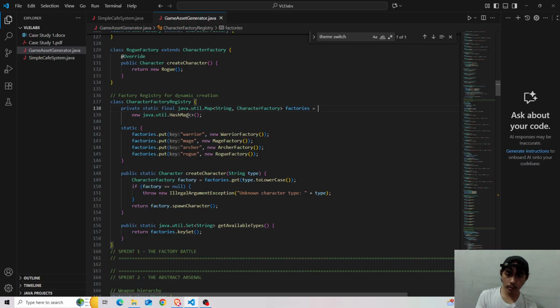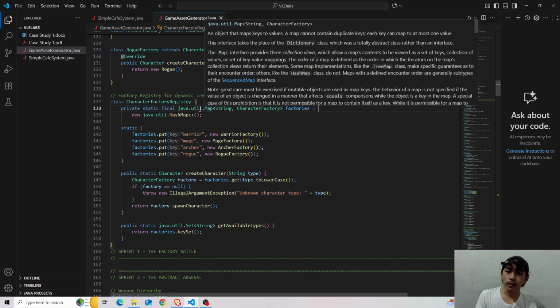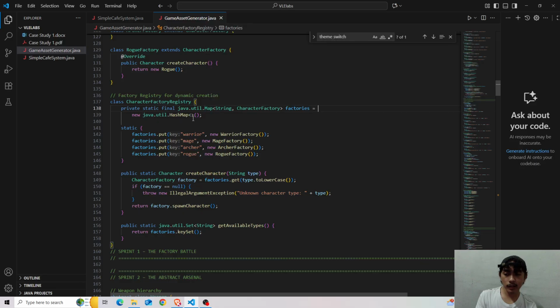So we will be putting those in a hash map, which we have created here, the new hash map object, right? So we'll be putting here static factories dot put. We'll be adding the warrior, the mage, the archer, and the rogue.